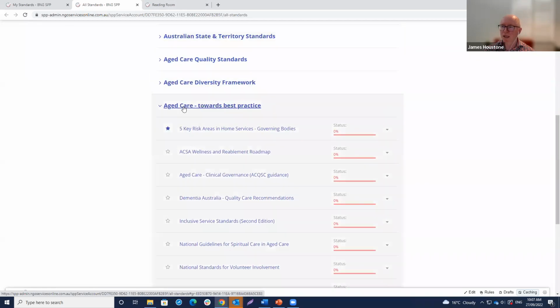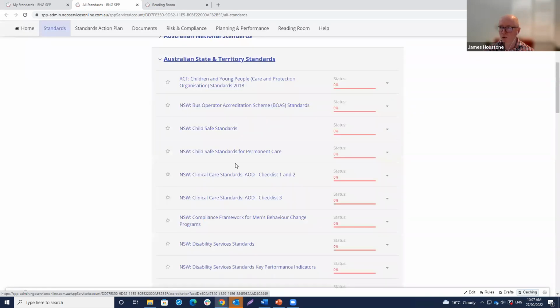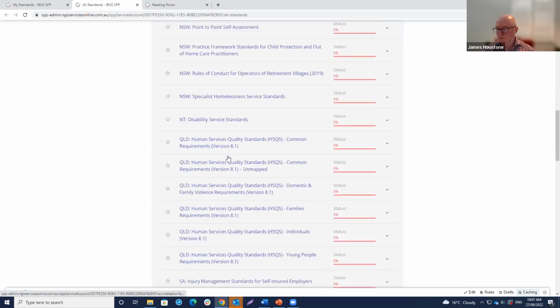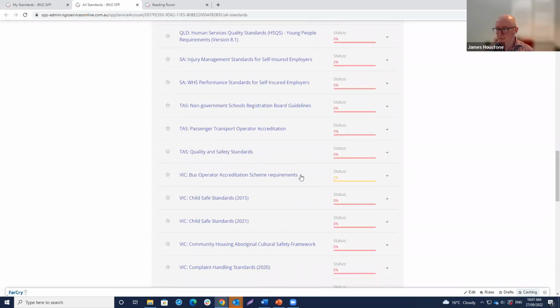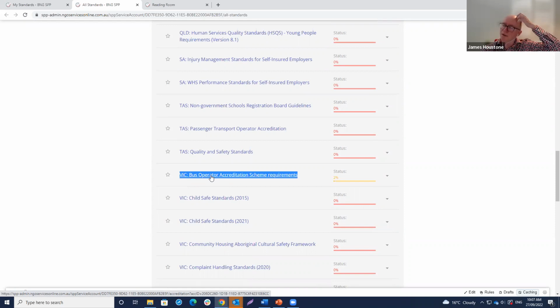Just incidentally, while we're here with this long list of standards in the portal, you might be interested, though perhaps not directly relevant to everyone here: literally in the last few weeks, we've added the bus operator accreditation scheme requirements for Victoria, which are now mandatory for quite a broad range of providers in Victoria.